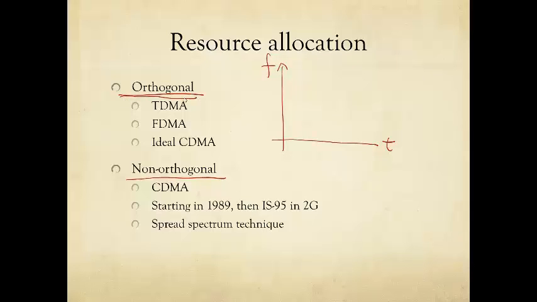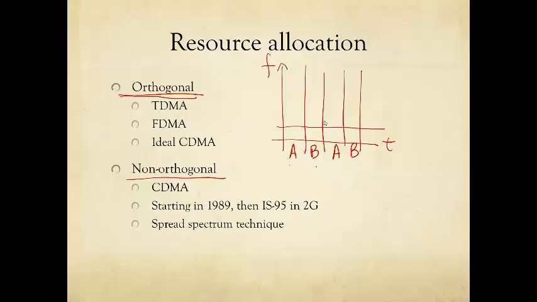In orthogonal resource allocation, I'm going to chop up one of these axes, say time, and then give different users different slots. For example, Alice talk, now Bob talk, now Alice talk, now Bob talk. So no two people will actually talk at the same time. Now, clearly this is hard to implement in a large cocktail party, but in certain technological networks that is feasible.